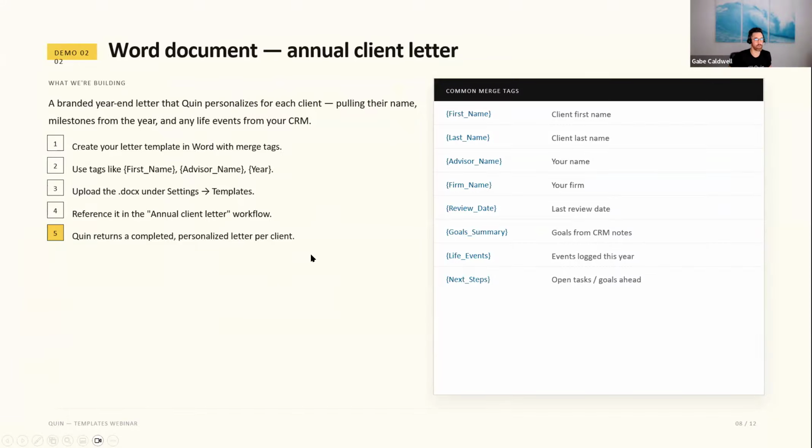Word document templates. If you have some sort of Word document template, we can help with that as well. It's a little bit different than the in-app editor. You're actually going to build this out, obviously in Word, and our merge fields look a little bit different. There are these squiggly looking brackets. So wherever you want Quinn to merge in data, you're going to put a merge field with these squiggly brackets